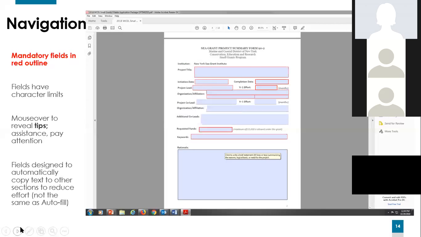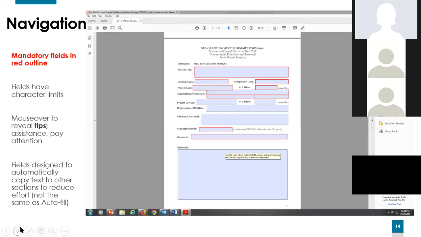So as you get into this application form, you'll notice several things. If you're using Adobe Acrobat Reader, which I'm going to presume applicants are using, the first thing that's going to be very obvious is that certain sections you will notice have these red frames or windows, bound in where you put in data. Now, what this means is that where you see a red frame, it is mandatory, meaning you absolutely must include that information.